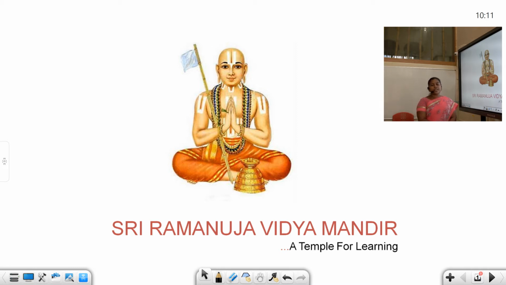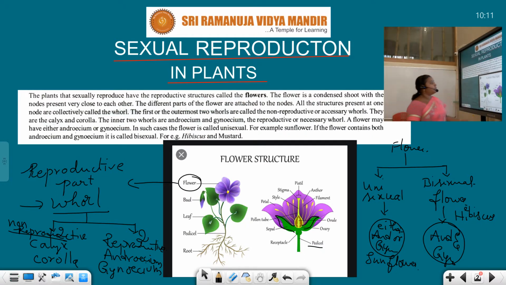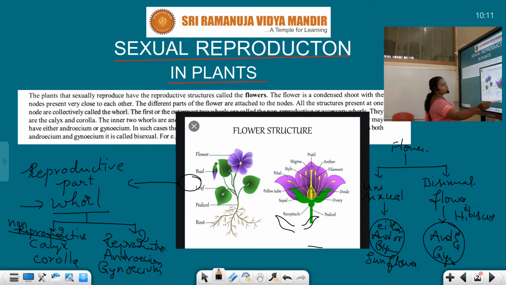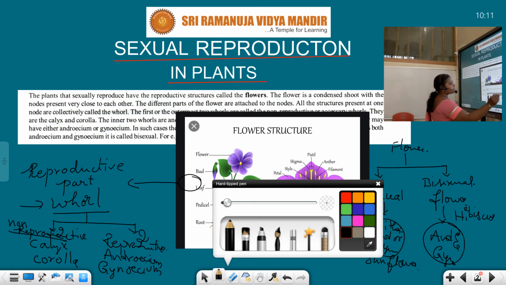Today I am going to explain about reproduction in plants. Sexual reproduction in the case of plants. So as we all know that flower is the reproductive part of plant. Here our plant has n number of different parts such as roots, stems, leaves, flowers, fruits and all. Out of all these, flower is considered as the reproductive unit of plant. Understand? Now,